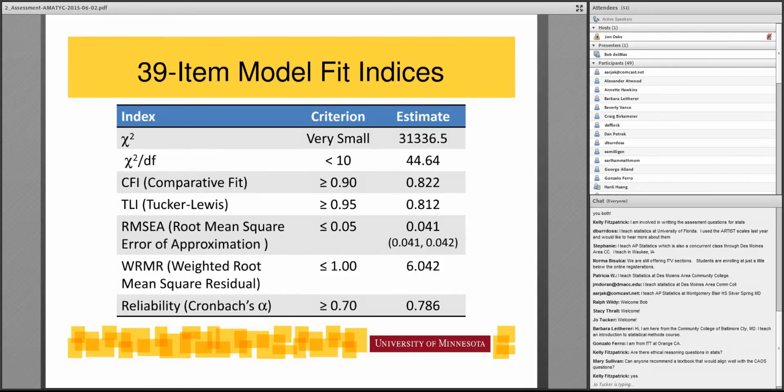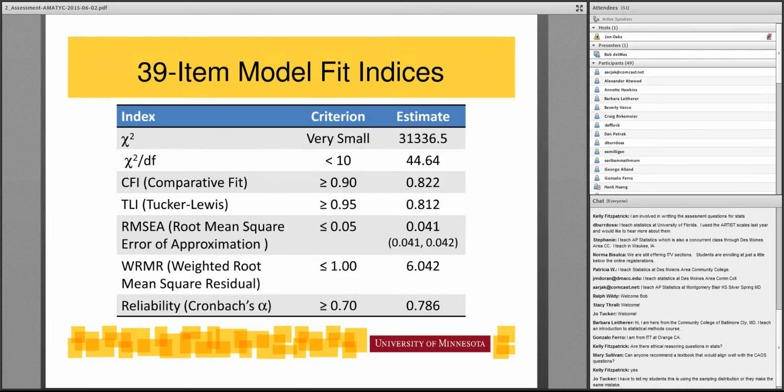All right, this is another slide that could put you to sleep, so I'm going to try not to have that happen. But these are all model fit statistics that can be used to say, does this one-factor model fit well? And so the criteria are in this middle column here. And as you can see from the estimates from the fitting of the model, we don't meet those criteria throughout. The only place where we do is with the root mean square being less than 0.05.